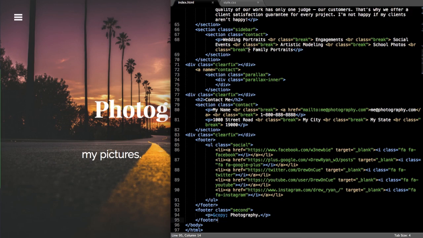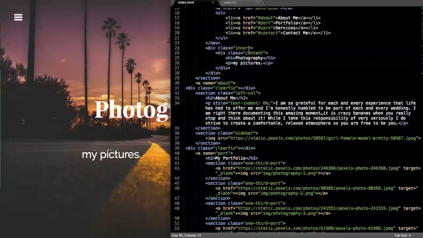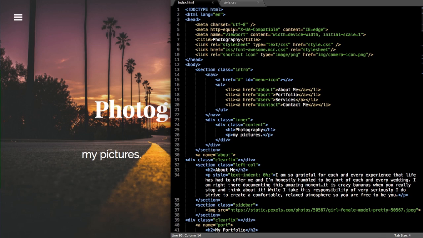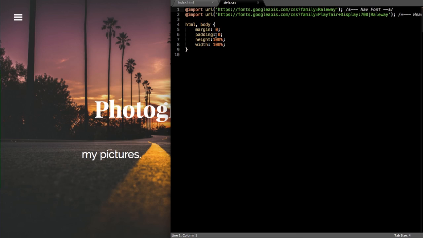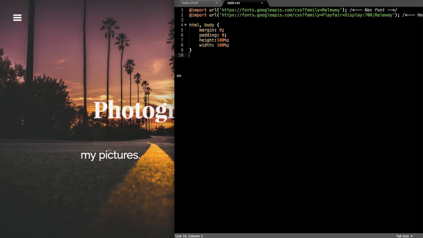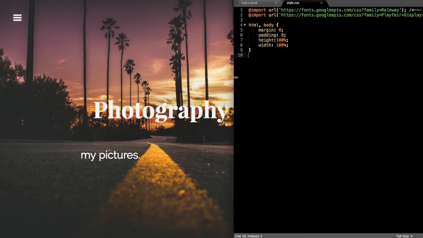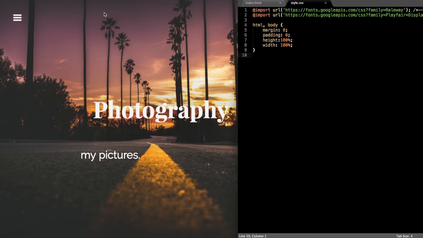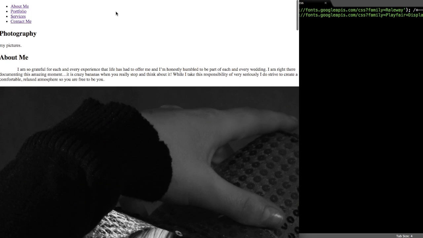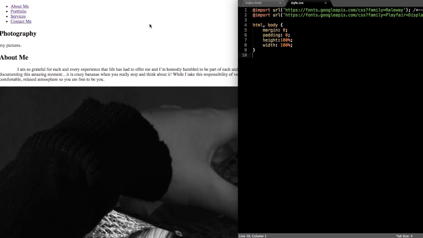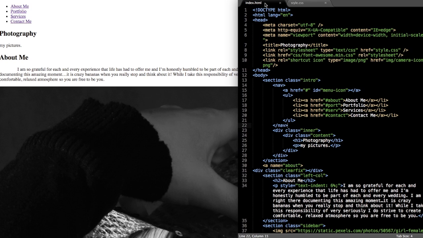Alright, so just move over to style.css, and as we're working down through the style sheet, we'll be referencing the index.html document. So you can leave that open still, or you can close it. It's up to you. So the first thing that you'll notice when you open up style.css is we have some CSS included for us here already. At the top of the document, we have the import URLs there, and that's going to reference the font families that we're using from Google Fonts, and then we have the HTML, which is the document itself, and then the